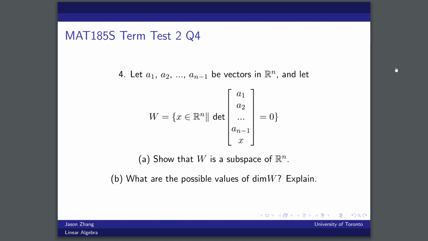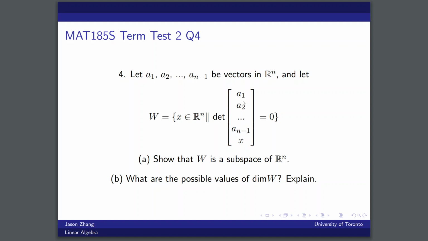Basically, it says we have a set of vectors represented by W. And W is the set of vectors, which are 1 by n, such that the determinant of this matrix is equal to 0. And a1 all the way up to an minus 1 are vectors that are also in Rn. So we have a square matrix here whose determinant is equal to 0, and the set W is all the vectors x that also belong to Rn and